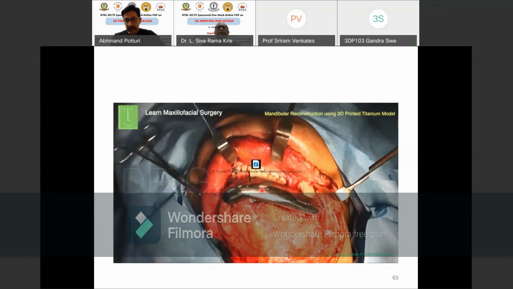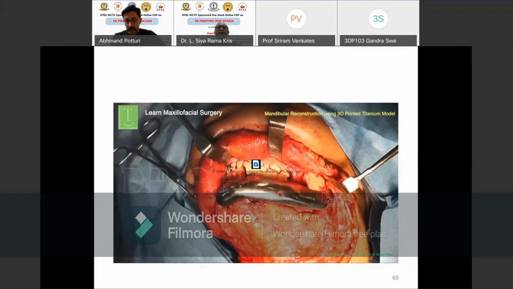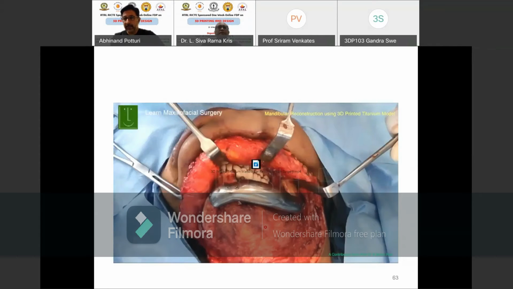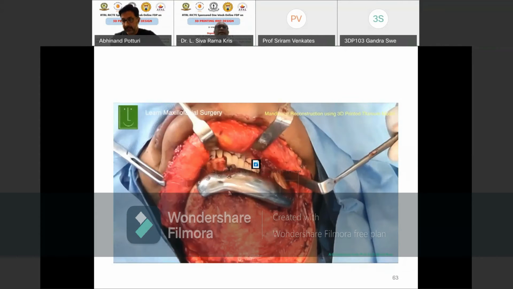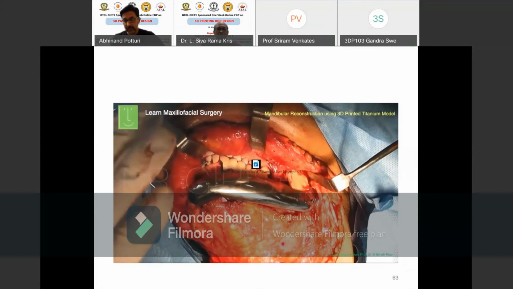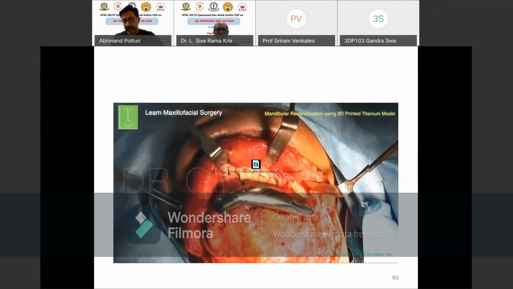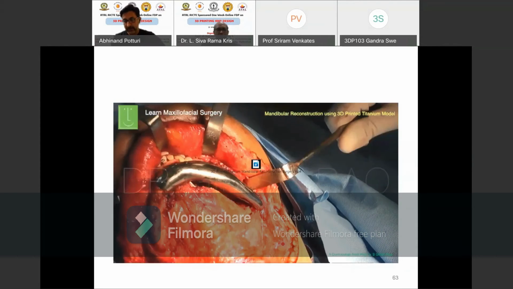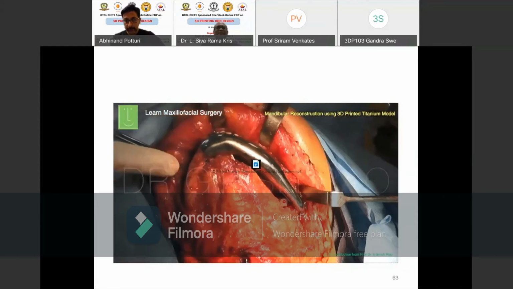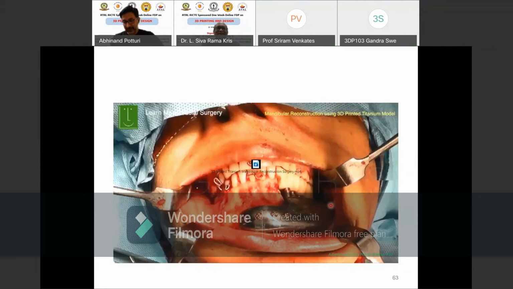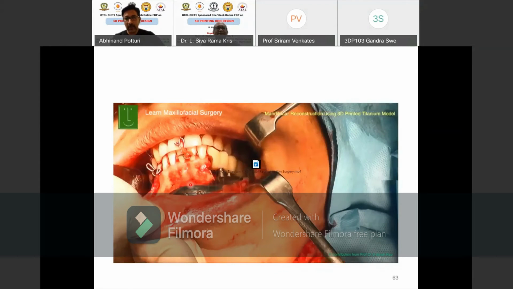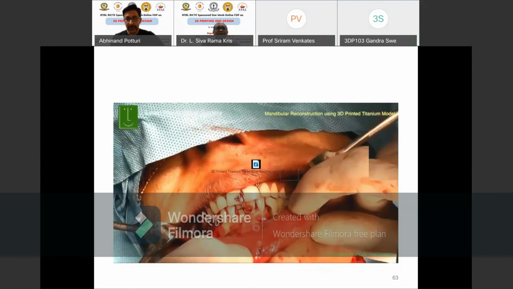What is the technology used for producing that one, sir? Sir, I'm not very sure, sir. Probably it is a sintering model, sir. I don't know. Laser sintering. DMLS. Yeah, DMLS. Those terminologies I'm not very familiar with, because we send it to those department people. They will just do it and send it to us, sir. So we have that facility with us. Yeah, you told us a few days back. I remember, sir. So this makes our job so easy. The entire teeth have come into place.